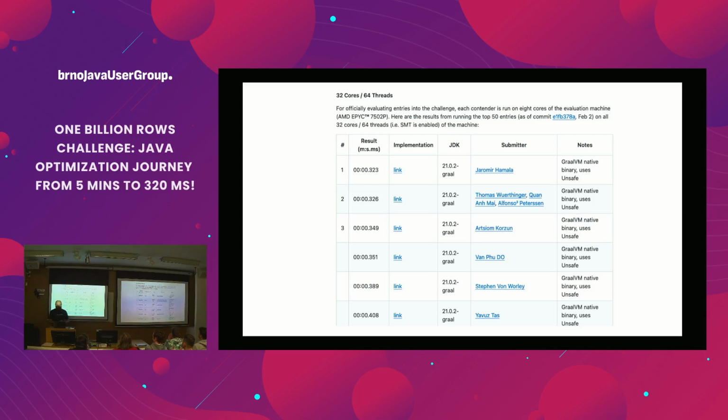And boasting time. So I was third in the main competition, but there was a side competition, which was not restricted to 8 cores. It was using the full cores of the CPU, and somehow I don't know how I managed to win it. I was not optimizing for this at all, but I call it accidentally scalable, my implementation.